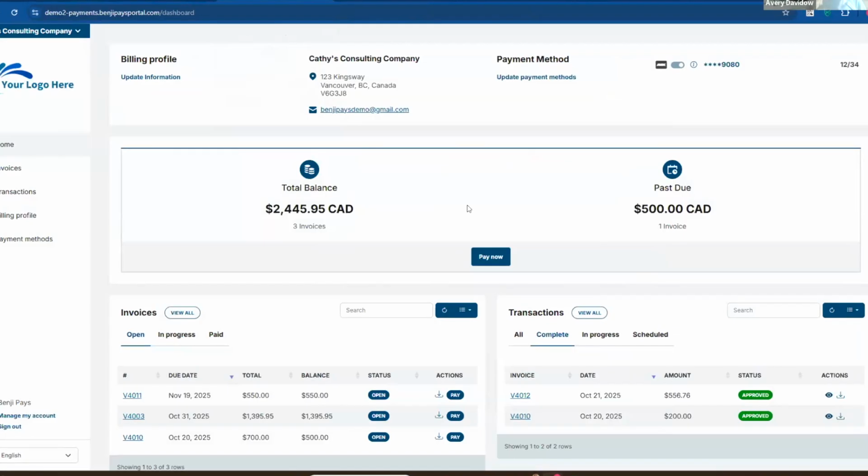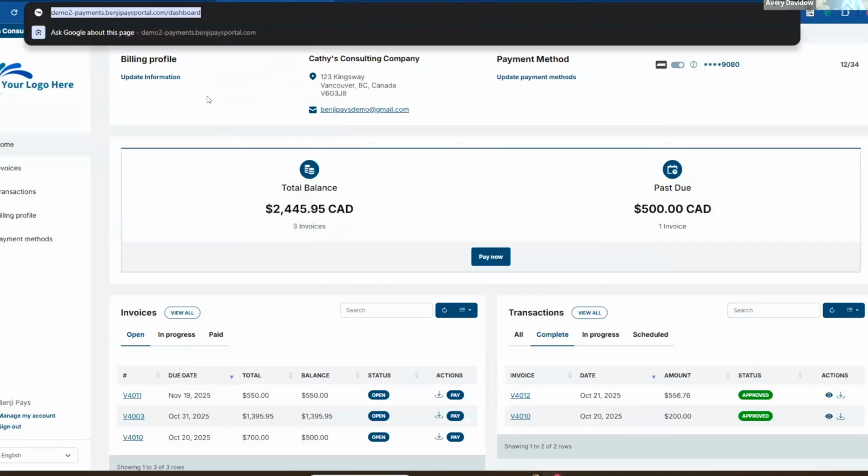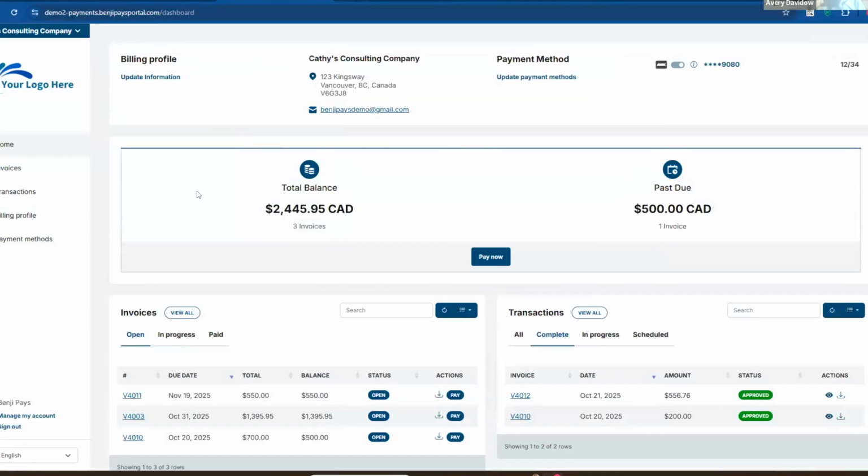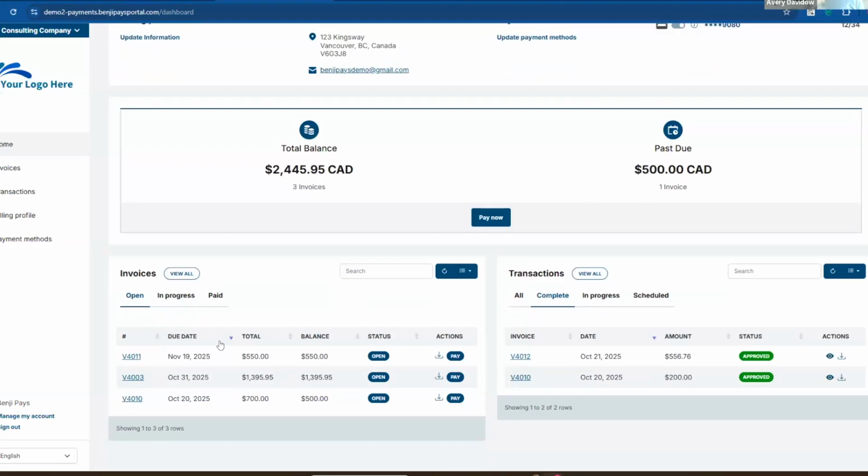So in your customer portal, a couple of things to note. You get a white label domain, so you could get like payments.yourmsp.com, where your customers can come see all of their invoices, see all their transaction history, update their payment methods if they want to add or remove credit card or banking details. They can turn auto pay on or off in here.